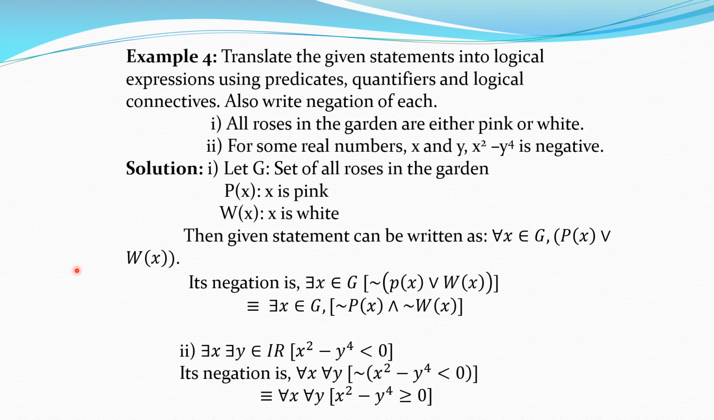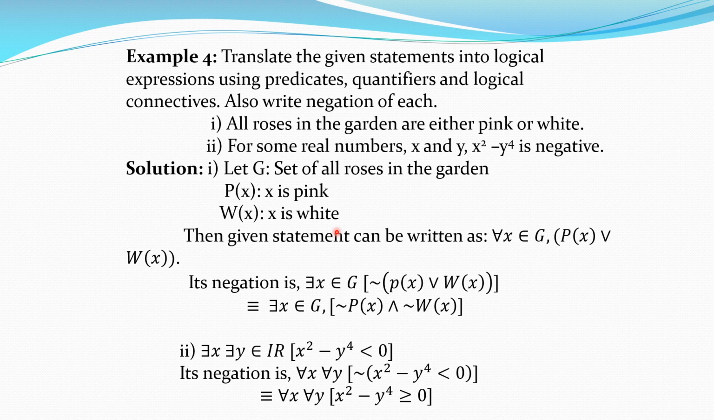Now we have to write negation also. Now already we have seen how to write negation of quantifiers. Now for all x, instead of that, negation is there exists x in G. And we have to write negation of Px or Wx. And for that we use De Morgan's law. So negation of bracket Px or Wx. So this is equivalent to there exists x in G such that negation of Px, or is replaced by and, negation of Wx. So this is the negation of that